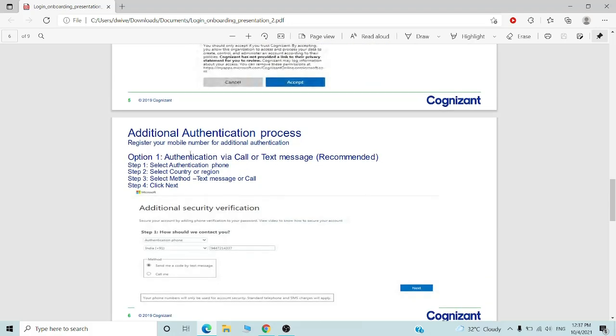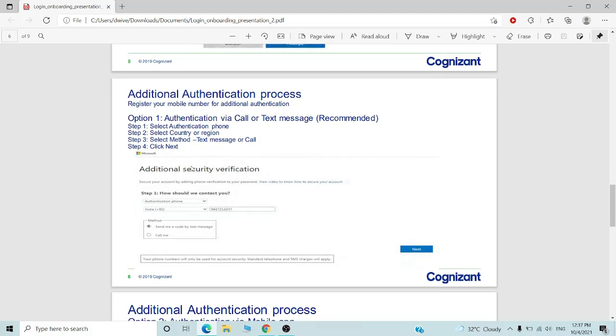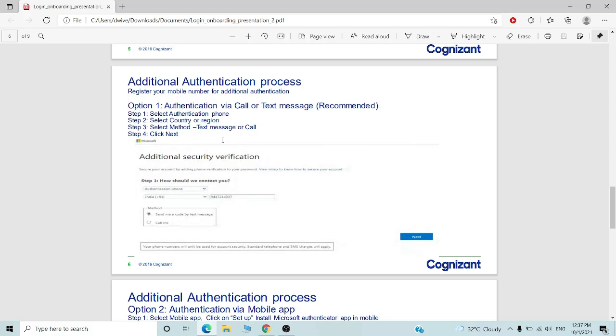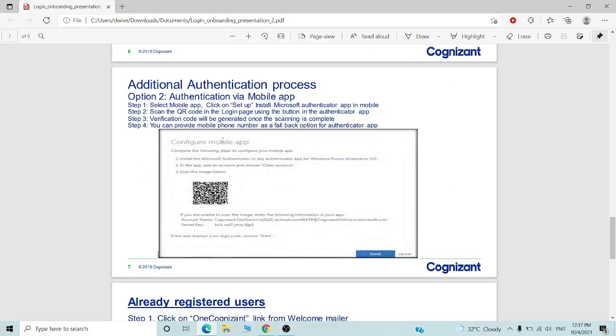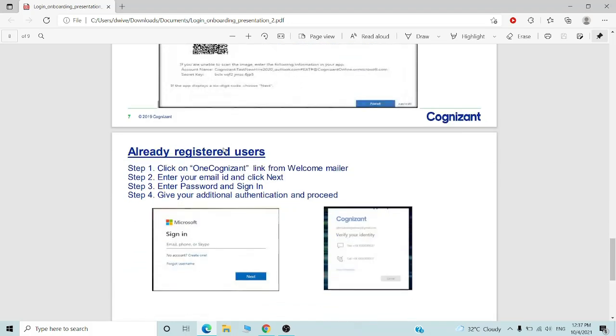Now you have to add some details like your country, region, and the method for text and messages for your verification. This is an optional step. You don't have to do that.